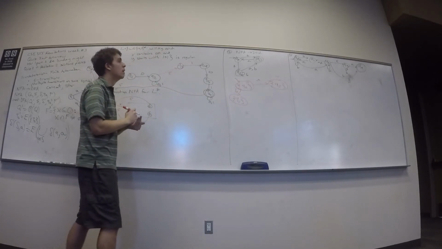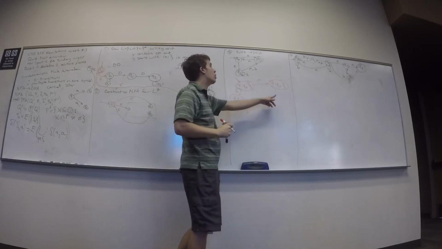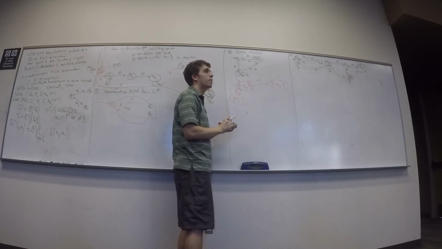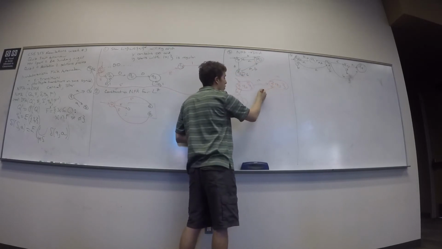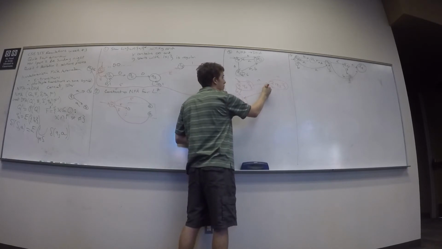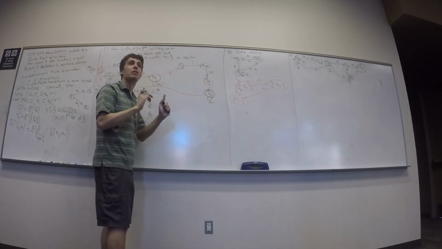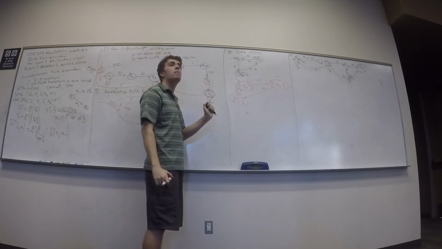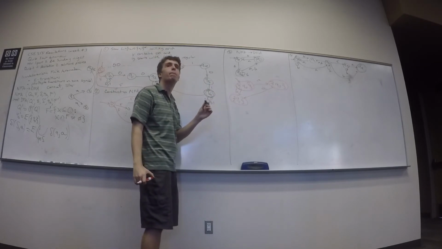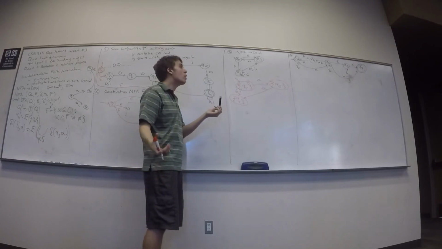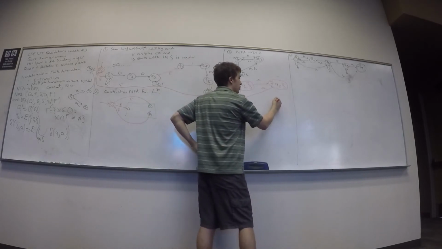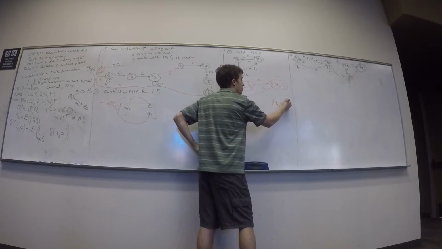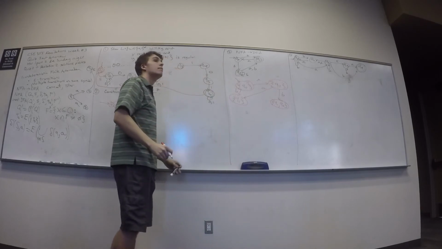Okay? Q2 on input A. Where can I go on input A from Q2? Q1. I can only go to Q1, right? And I already have that state, so I'm going to come over here. Now it's where it gets interesting. Q2 on input B, where can I go? Q1 or Q2. So I gotta make a state set containing Q1, Q2. So a set containing Q1, Q2 on input B. Okay.